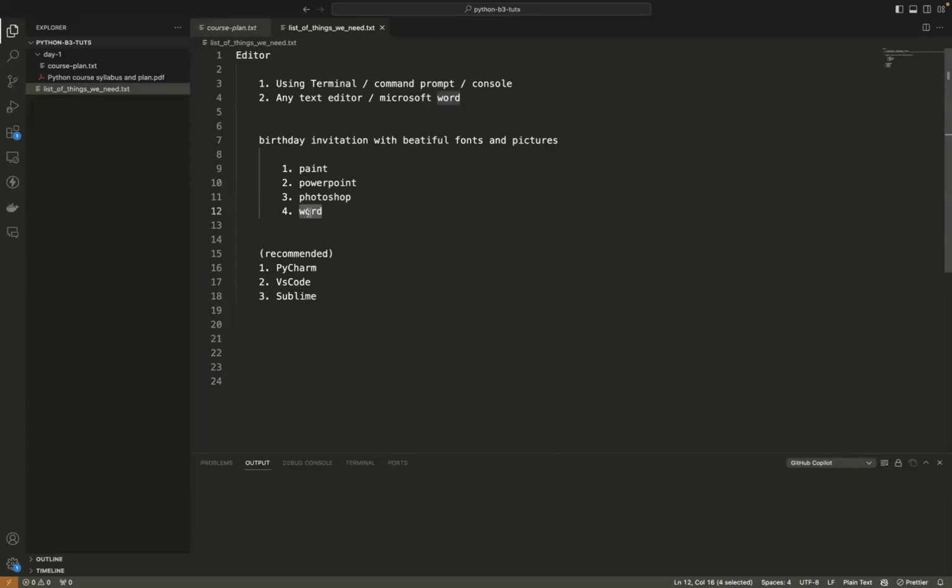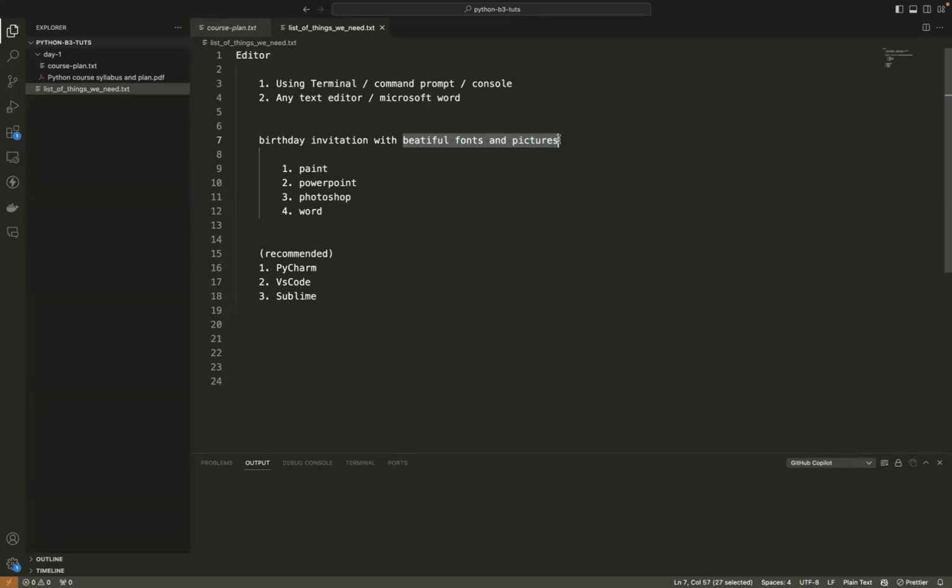So what I'm trying to tell you is that all these can do our operation or satisfy our requirement, but the accuracy of each tool's output varies. The same birthday invitation flyer in Paint would be different, and with PowerPoint it would be different.